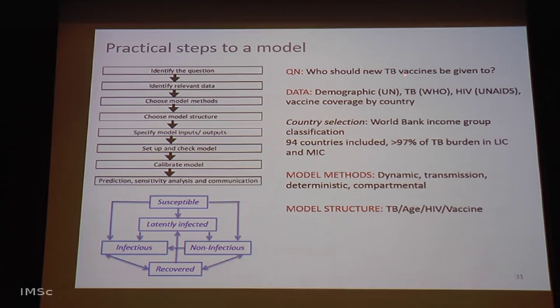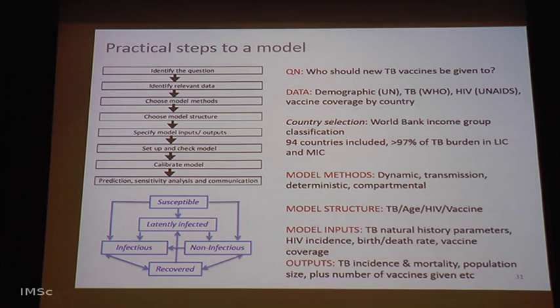So here we were interested in, should we give TB vaccines to infants or adolescents? So our TB model had to include age. It also had to include HIV status, a key co-infection risk factor for TB. And we also had to include vaccine status. So we had to allow for individuals in the model to be in a vaccinated or unvaccinated state. So our model inputs were the standard TB natural history parameters, HIV incidence, birth and death rate, vaccination coverage, and then